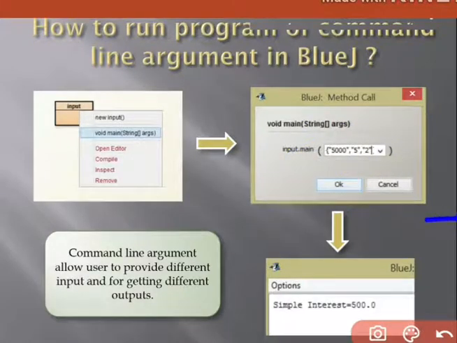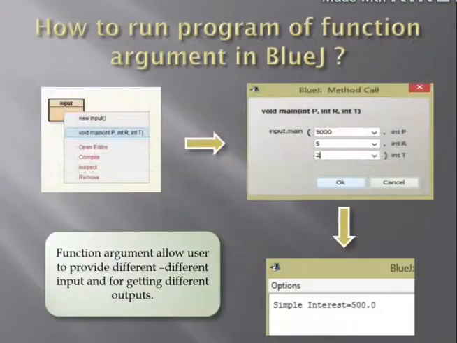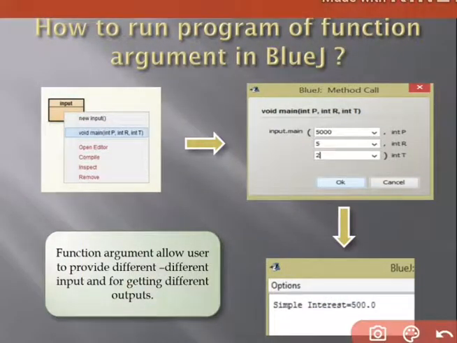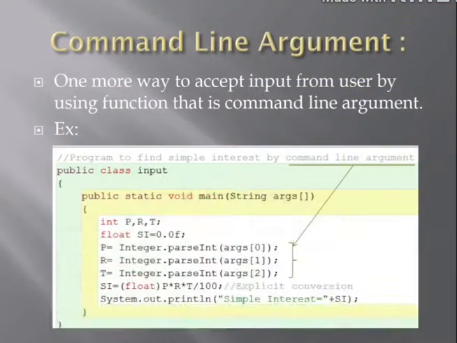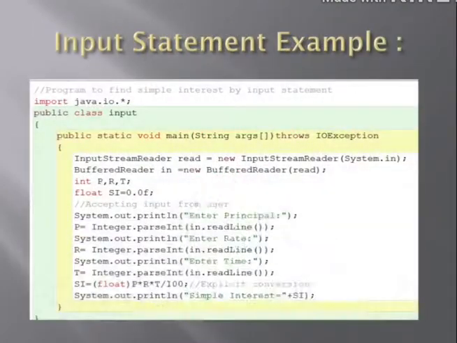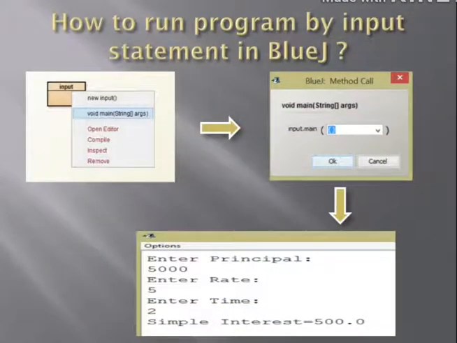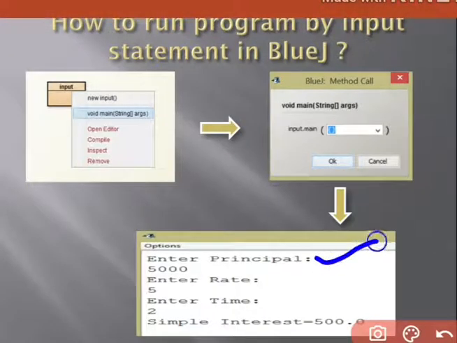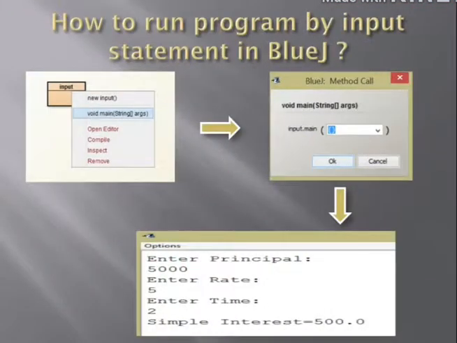See the demo. This one is a dialog box. And one more thing I want to tell you. See, in this again we are using a dialog box. These are dialog boxes. But see, in the input statement we can input directly in the terminal window and we get output on the terminal window only. The input statement allows us these things.